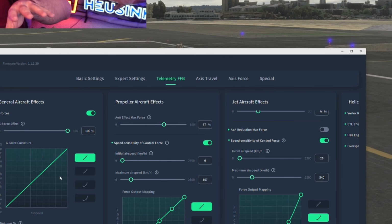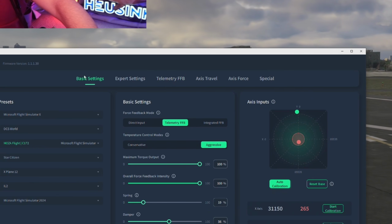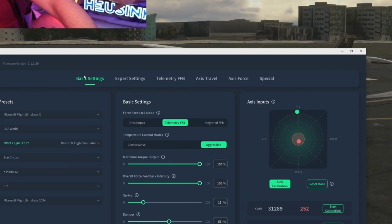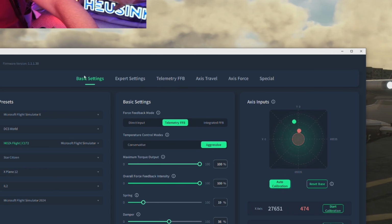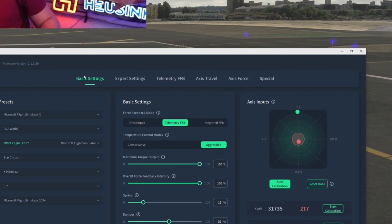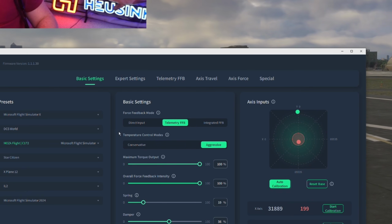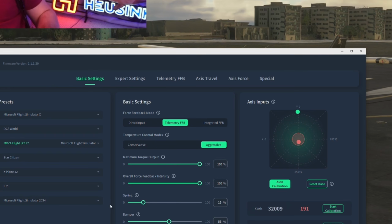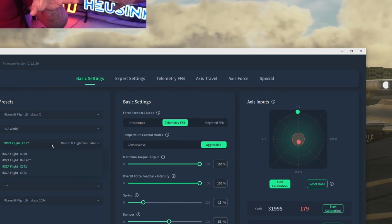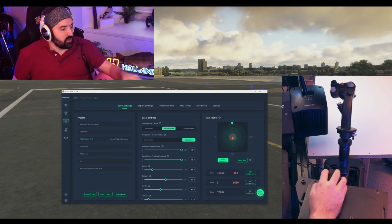Personally, I like to have it all really quite linear. The reason I like to do that is because the motors on the AB9 joystick are absolutely fantastic and have great dynamic range, and also the nature of a flight yoke and how progressive and smooth flying is, it all comes together really nicely. But the key thing is you can adjust that, tweak it, save it and dial things in how you want. What you end up doing is that a lot of the preset profiles are a little bit weird, so you dial in your own settings, and then you can just import